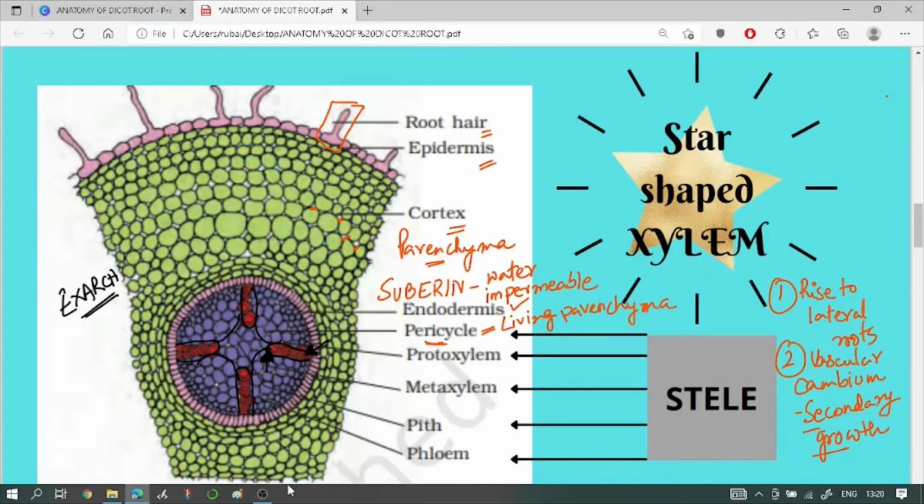I have already made a video on the vascular bundles in details. Do check that out to know more about the different types of vascular bundles. The innermost part of the vascular bundle is called pith. This part is known as pith, which is small and inconspicuous in case of dicot roots. Remember, the pericycle, the xylem, the phloem and the pith together is known as the stele. So stele is a word which we use for pericycle, the vascular bundles and the pith together.